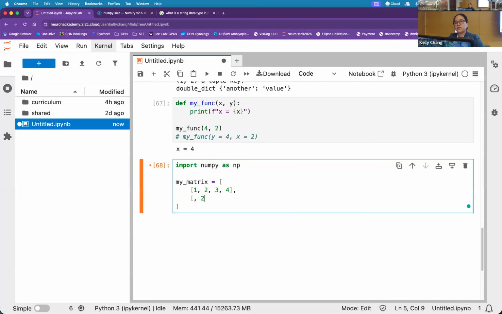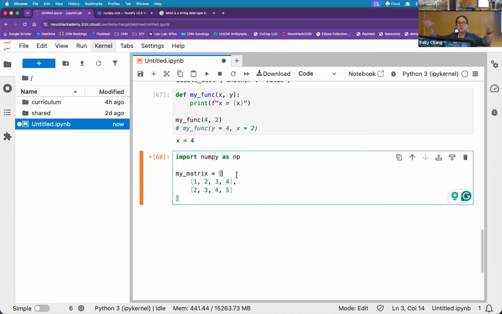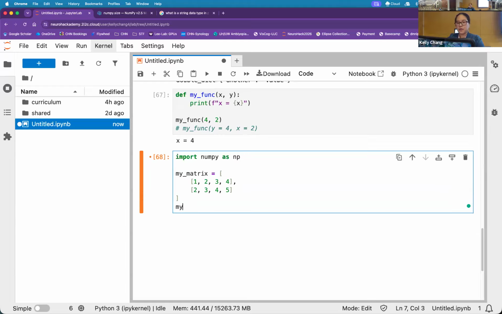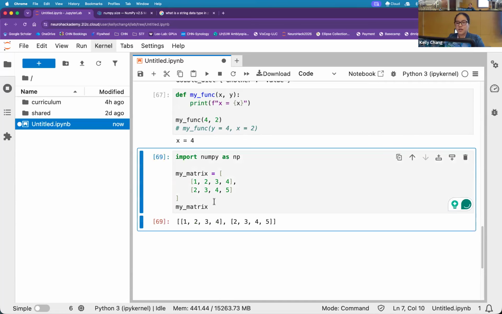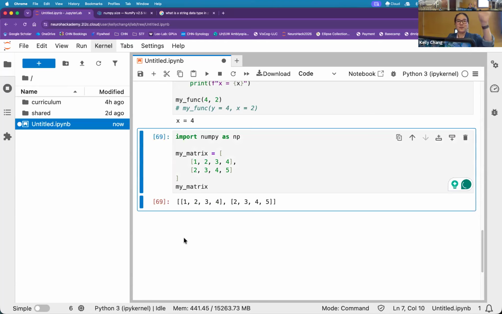First row, second row. And you'll notice that it's actually a list of a list if I were to look at this thing. So this first outer square brace calls my whole list. This first row that I'm typing with indents to make it readable is the first row, and this is the second row. But if I were to call on this just to print it out without having to define it, this is how it prints out. List one, list two, everything's flat.